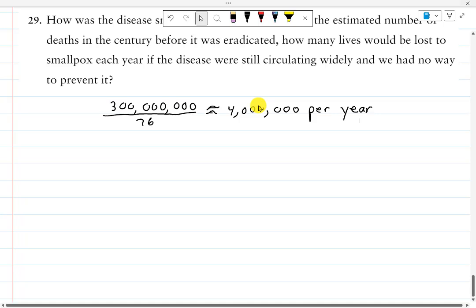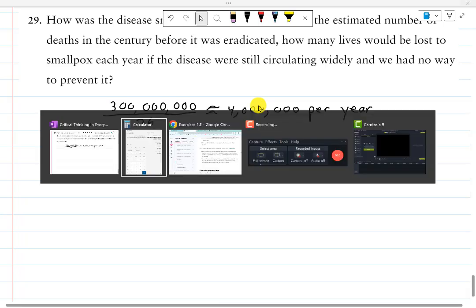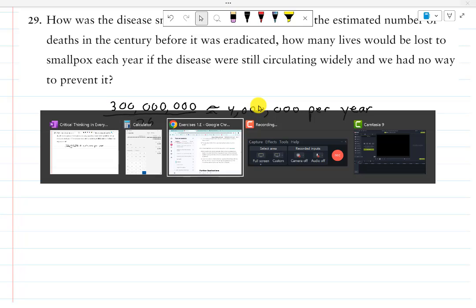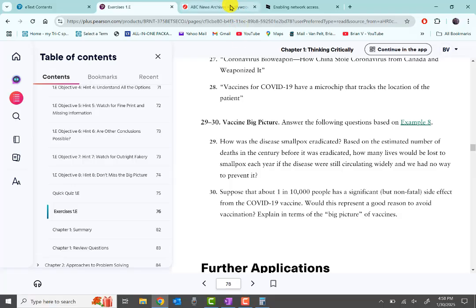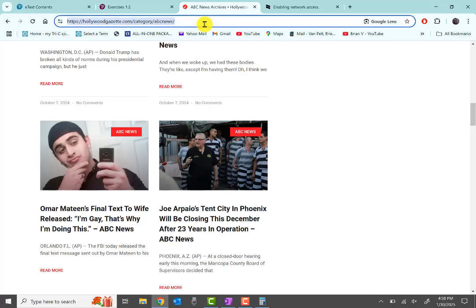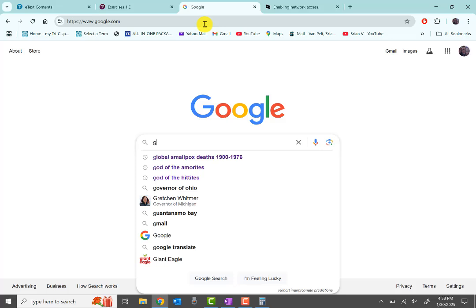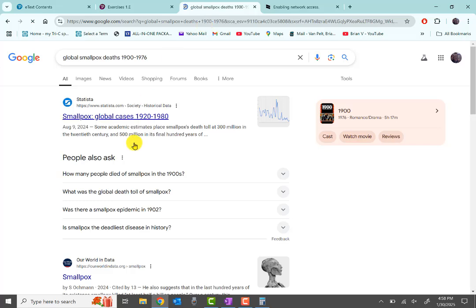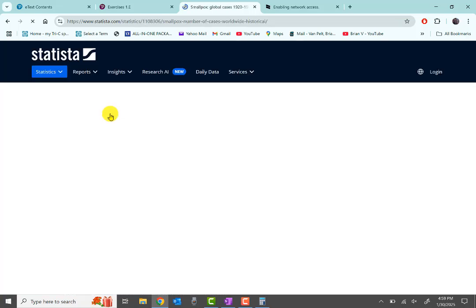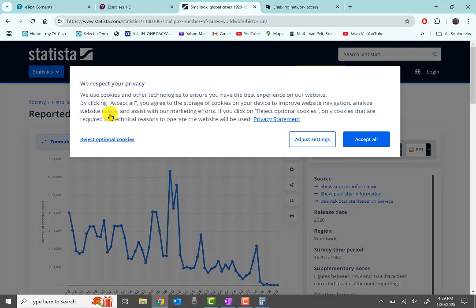Now, if you actually go and look at the curves, let me go online. So what you can do to give yourself a look online is, I think I looked yesterday. Let me go into Google. We can say global smallpox deaths 1900 to 1976. That's what I wanted to do. Unfortunately, I couldn't find anything that did that. Now, you could possibly go to one of those .gov websites, and with their data, they sometimes let you put it into an Excel spreadsheet or something.